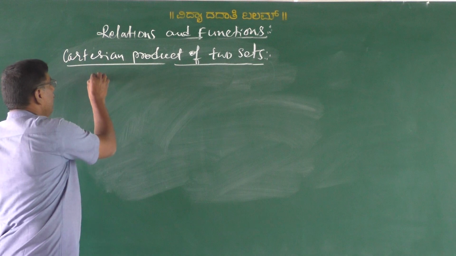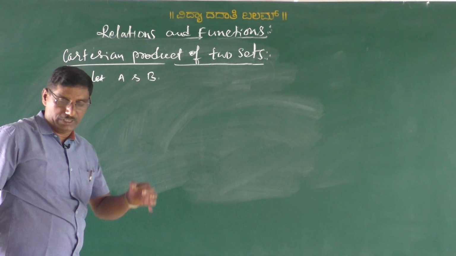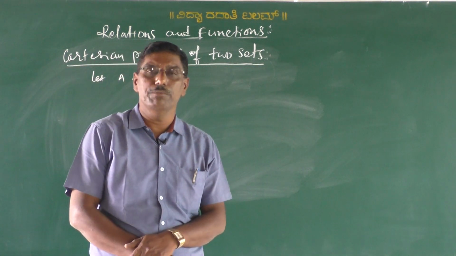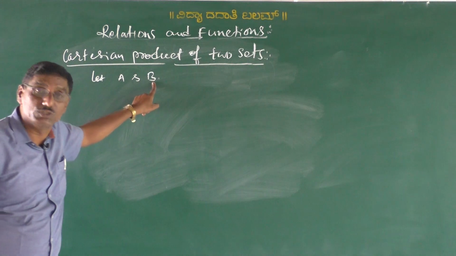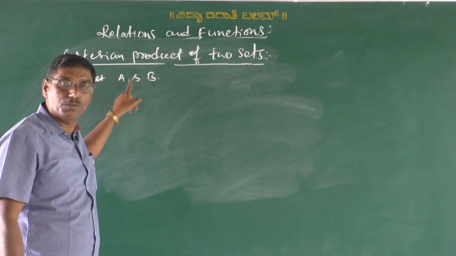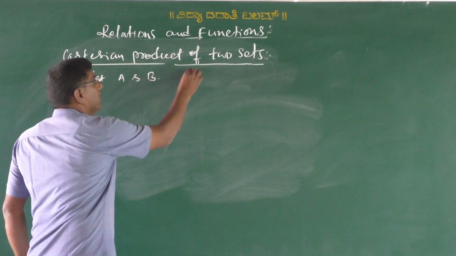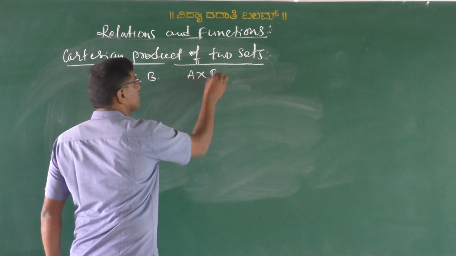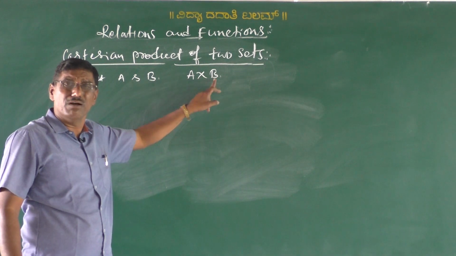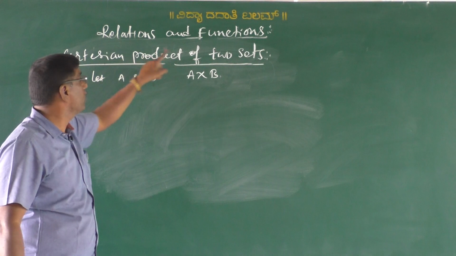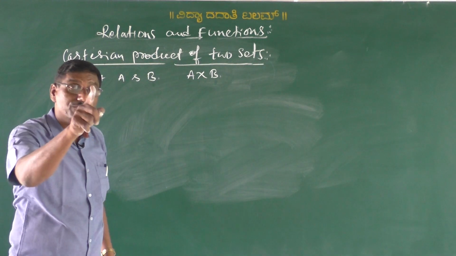My dear students, let A and B be two sets. The Cartesian product of these two sets is denoted as A cross B. The meaning of A cross B is the Cartesian product of two sets, and it is defined as